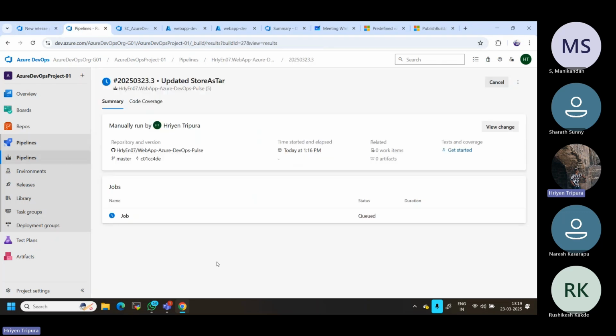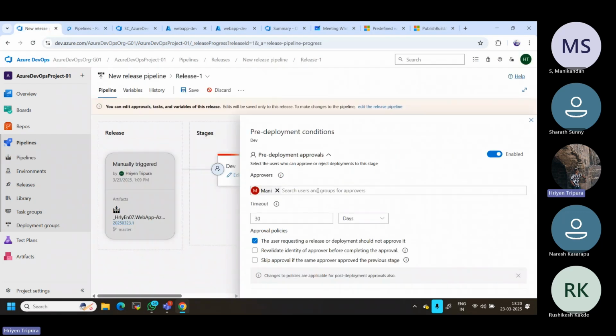Okay, this is the thing now. So anyway, this is how we can do it. In my case, I'm trying to say 30 days, or you can say hours or minutes also, it depends on you. If you mention 30 hours you can give, or maybe 30 minutes you can give, depending on how you want to define it. So it's up to you. Okay, so in my case I'll give 30 minutes for now, and